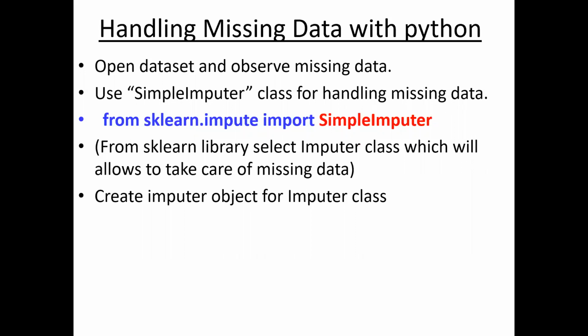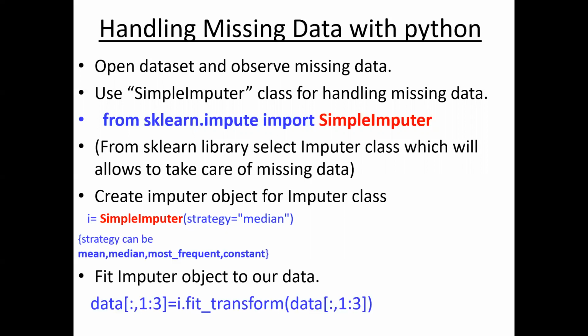What are those steps? First, you need to import using this from and import syntax. Later, we create an object for it. How to create an object? See, here I is an object, equal to the class name. Within the parentheses, you have some arguments. No need to memorize these arguments. I will show you in Spyder how to write them. So this is the first line you need to type, and this is the second line. And in the place of I, you can write anything. That is an object name.